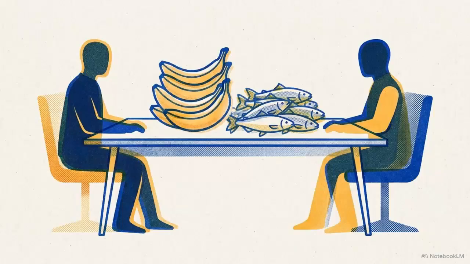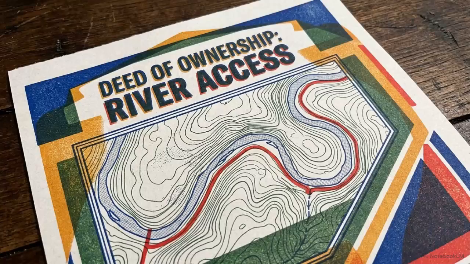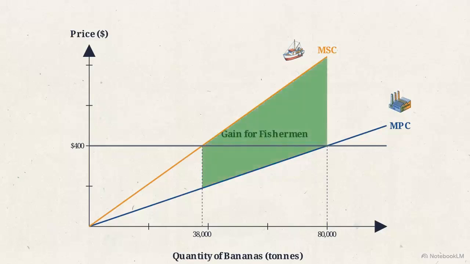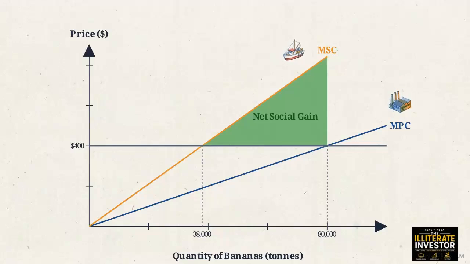Can the free market self-correct this overproduction internally without a central planner? The Coase theorem suggests that if legal property rights are clearly defined, private bargaining can achieve Pareto efficiency without state intervention. Reducing output to 38,000 tons causes a profit loss for plantations. However, fishermen experience a much larger financial gain from reduced pollution. Subtracting the plantation's loss reveals a net social gain. Fishermen could theoretically pay plantations to produce less, benefiting both.